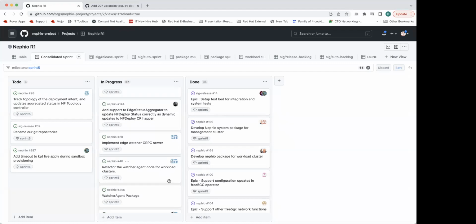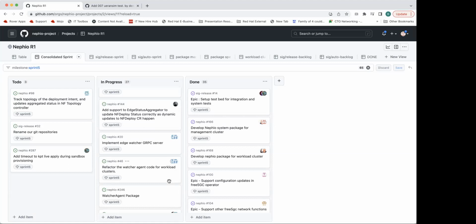But for ESA to NF, someone has to post an NF deployed PR to trigger ESA to inform the Watcher agents to start monitoring. The NF topology controller is doing that, and it's already been doing that. It's just that we haven't done the full integrations.